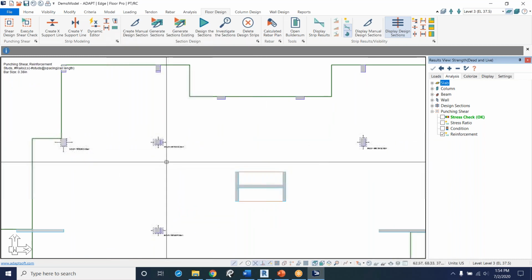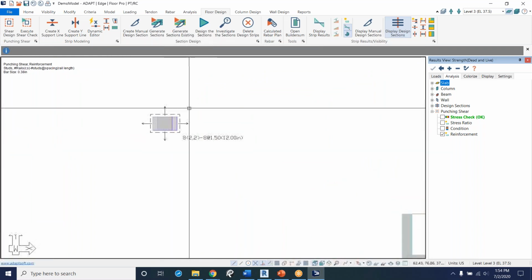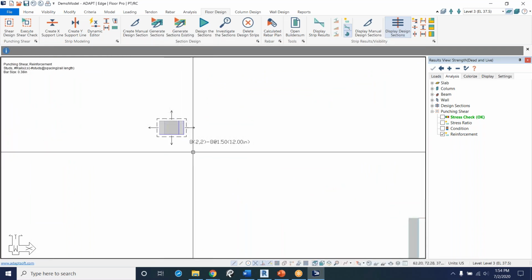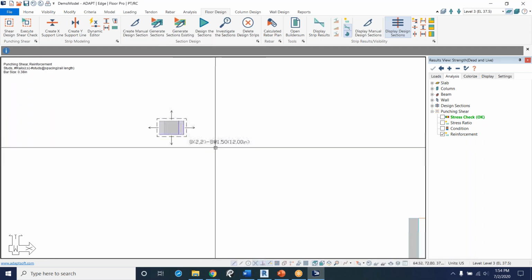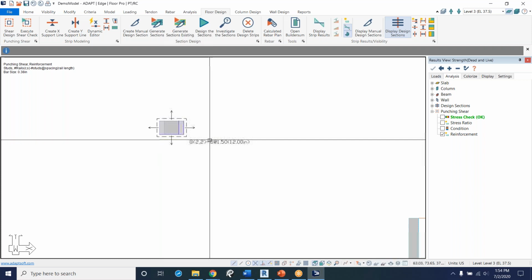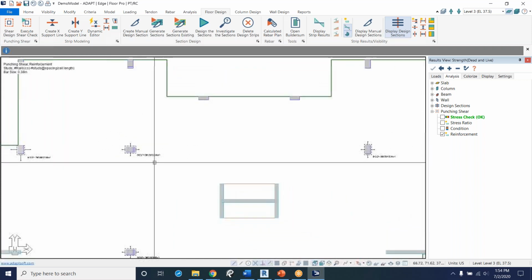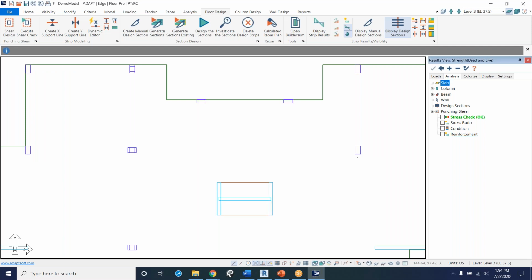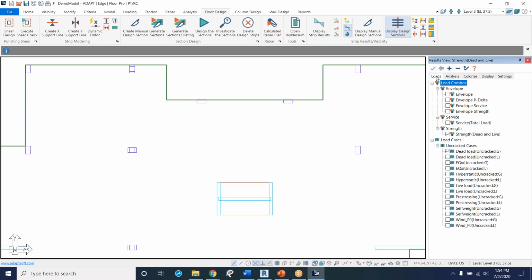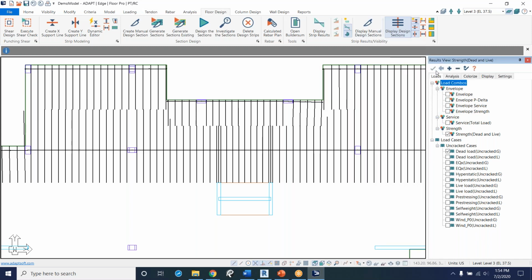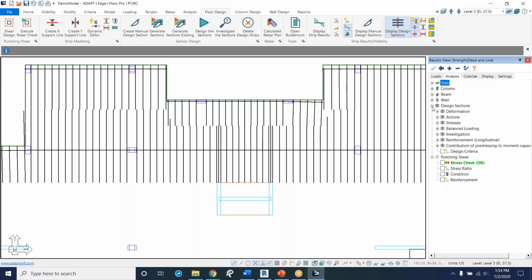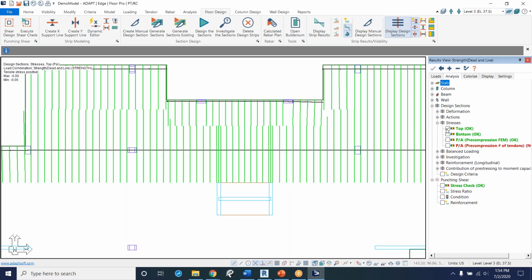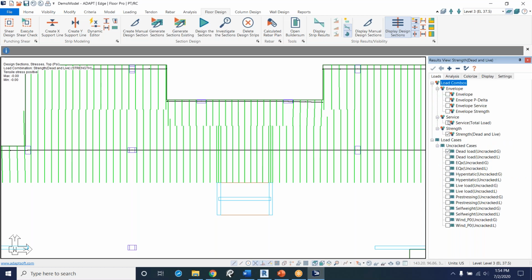What about reinforcement? So these are stud rails for these columns. You can see we have a total of 8 rails, 2 on each side right now, with a total number of 8 studs spaced at 1.5 inches. This is not a ton of reinforcement, so we could go with that, or maybe we go back and say, hey, we need to increase this column, or maybe we add more PT. It's another solution we could go with. So that's kind of up to the engineer on how you want to proceed with satisfying the stress issues that we were seeing here on our top stresses,